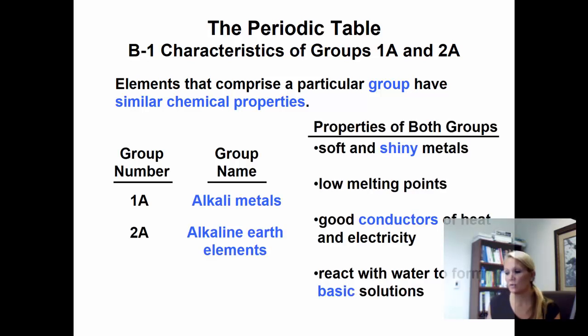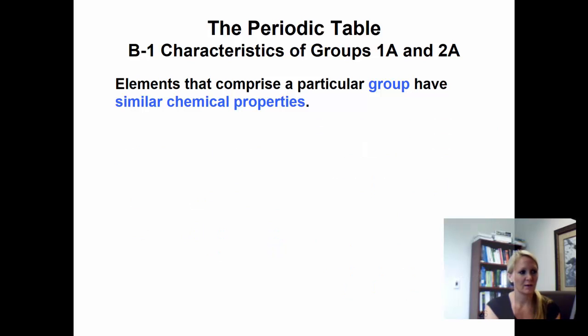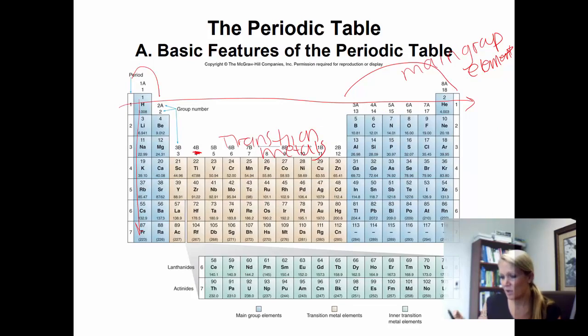Some of our groups have a common name that they go by, and we're going to look at the periodic table again to look at those. And one thing I also want to point out is the chemical properties of elements in a group are very similar, and so they react very similar to each other. And we'll talk more about why that is later. But if you look at your 1A group, these are called the alkali